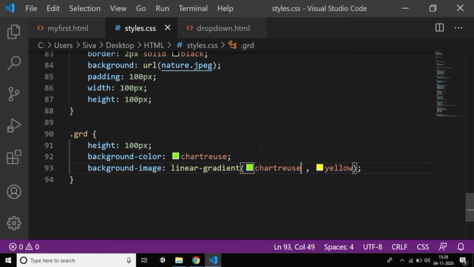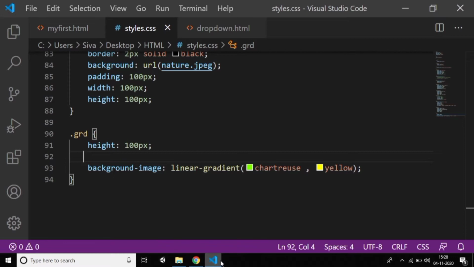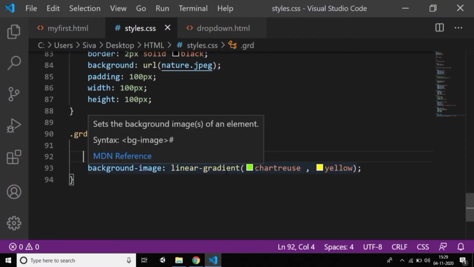If you remove this, it doesn't matter; just press Ctrl+S and reload. Because if the linear gradient was not working, automatically the background color you have given is displayed. So this is the way to do that.